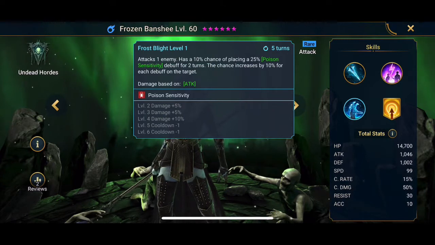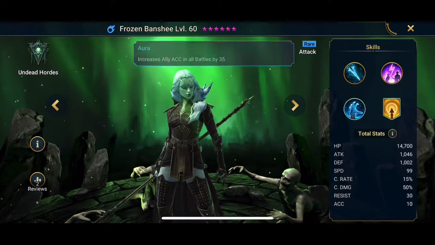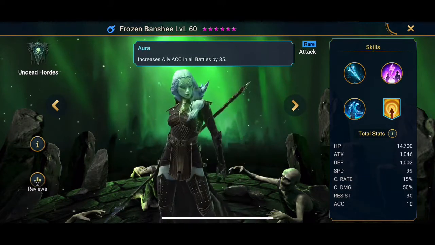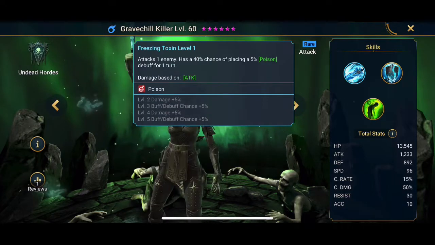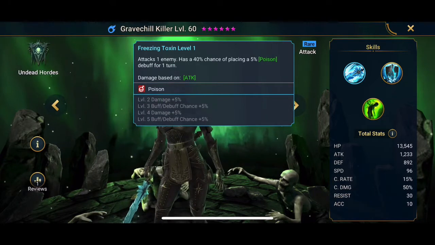So like I said, you get so many accuracy boosts, so I feel like if you build a lot of accuracy on her, you have a pretty good champion, and then increases ally accuracy in all battles by 35. So that's pretty dope. Her, kind of the same reason. Attacks one enemy has a 50% chance of placing a 5% poison debuff for 1 turn. Kind of reminds me of, who is it? I think Yaga has that same kind of ability where it's a 50% chance to get